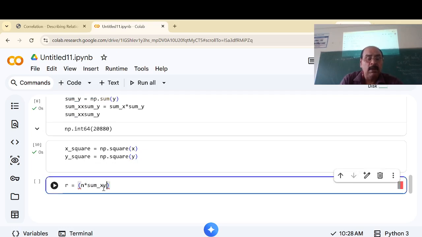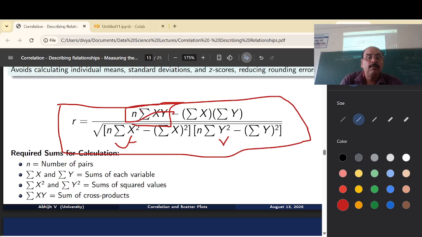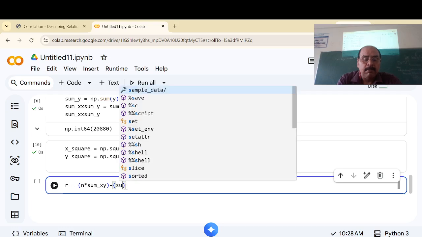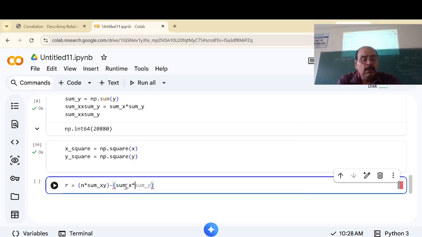So this is the first part, done. Minus another bracket, sum_x into sum_y. I'm putting the whole thing in another big bracket. Then what you have to do, divided by